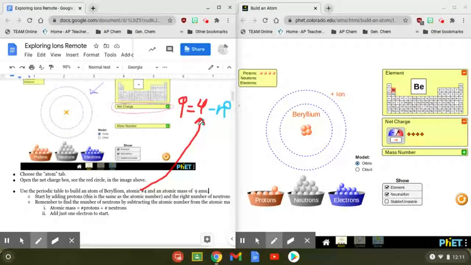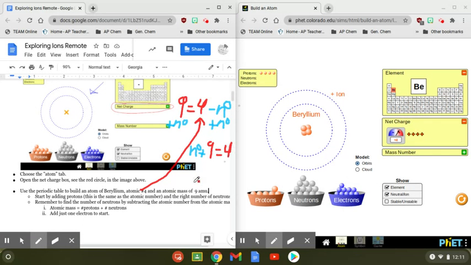So to solve for the number of neutrons, we add n to both sides to move it. So we get n plus 9